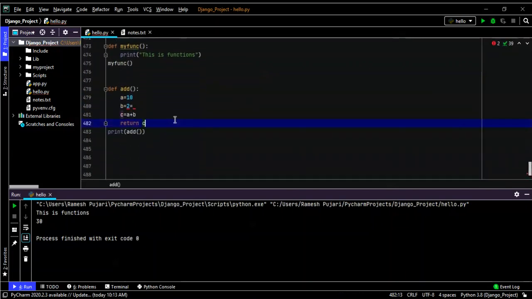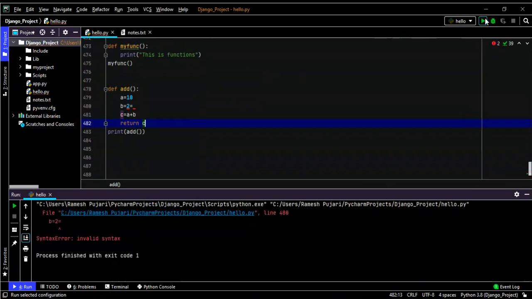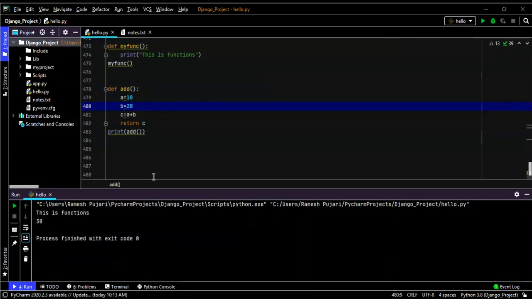You can notice here, I am calling the add function. Okay, 10 plus 20 is equal to 30, so I get the output as 30. So this is the simple calling of the function with a return statement.